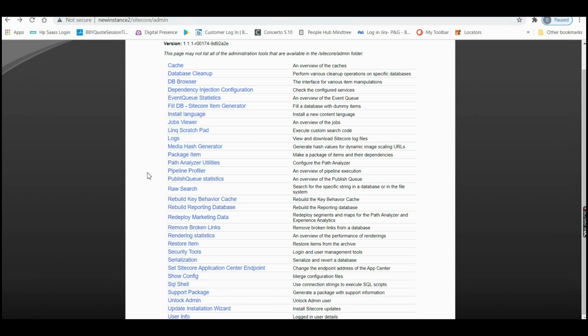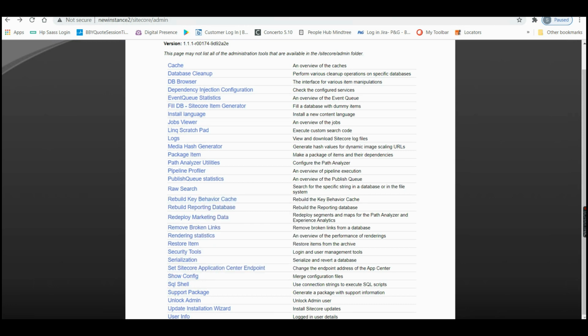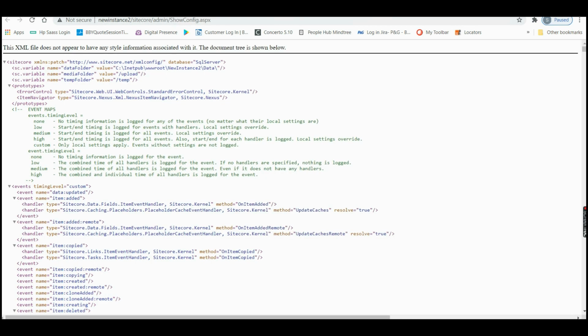Okay, and another thing I need to discuss is SoConfig. You may be aware that you may be using this SoConfig to see all the config settings. Normally what Sitecore does is patching of config files. Patching means whatever the Sitecore configuration items present in the config files will be merged in alphabetical order, and it will be produced as a single config. That config will be used by Sitecore internally. That config you can view here.